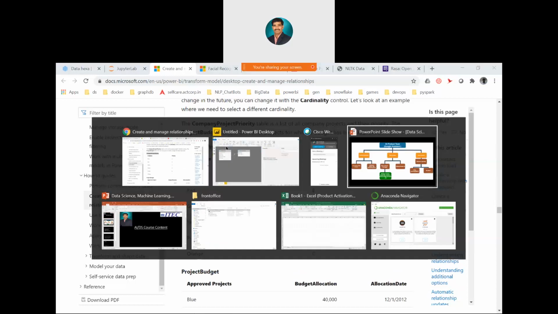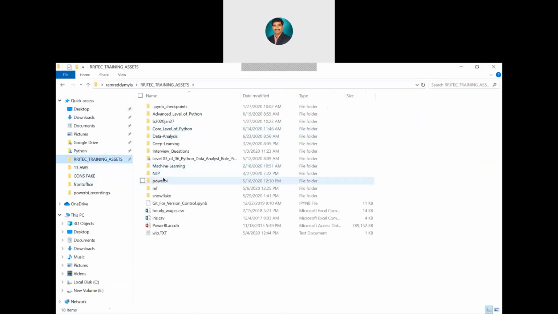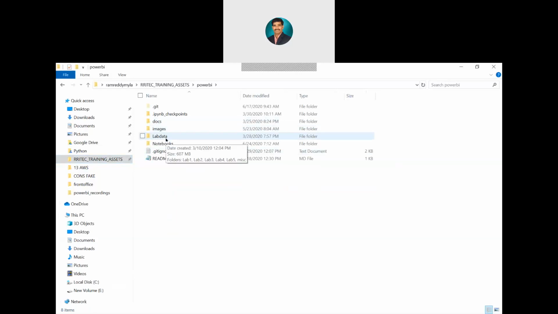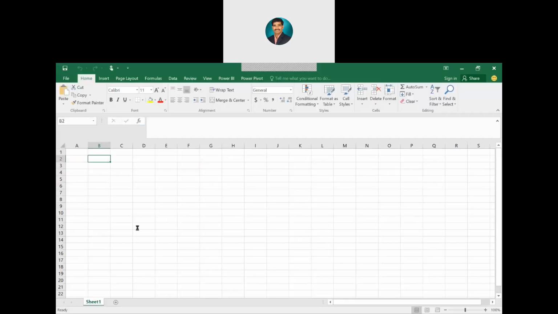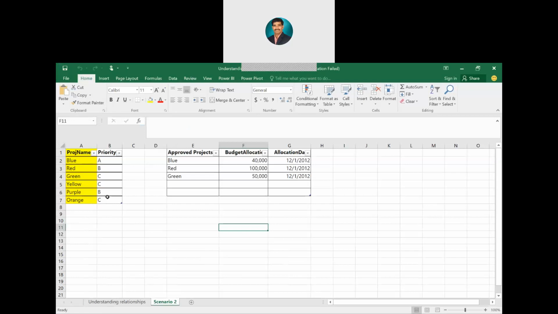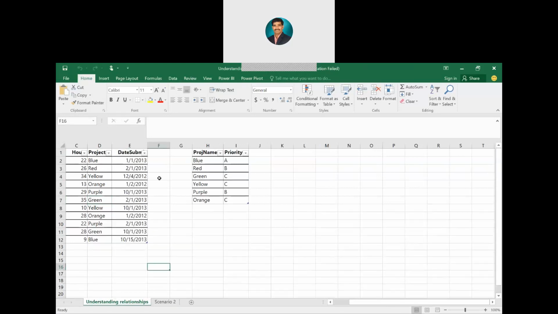If you go to your lab data folder, go to RIT trainings, then Power BI, then lab data, then lab 2, I kept here understanding relationships. In understanding relationships, I kept two tables. Okay, these are the two tables we have.